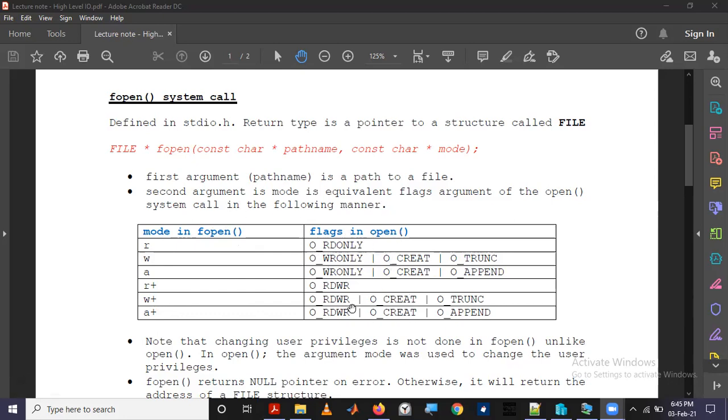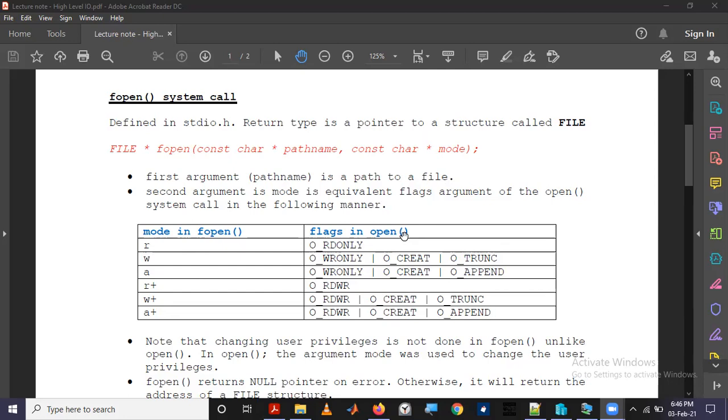So you can do the same thing which you did in low level by just using one or two letters in fopen. You can see that there is something missing, that is the user privileges, which was the mode in low level. In the open function, there was a third argument known as mode, not this mode, which specified the user privileges.